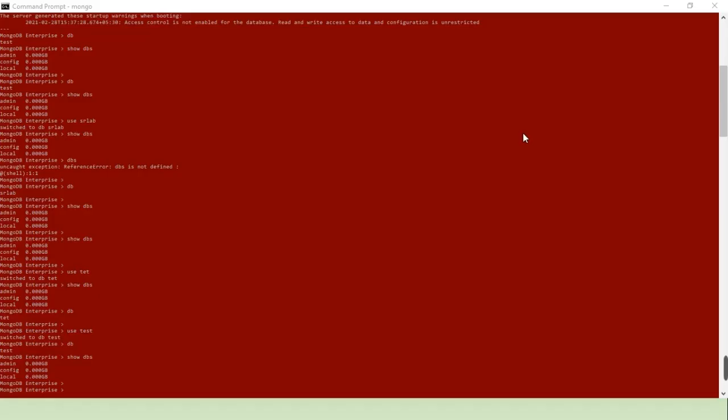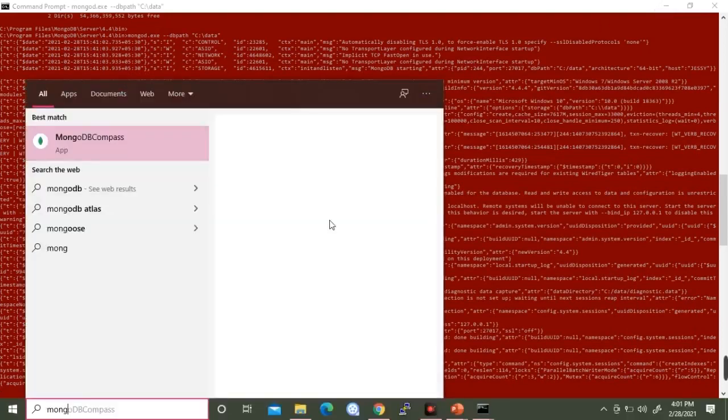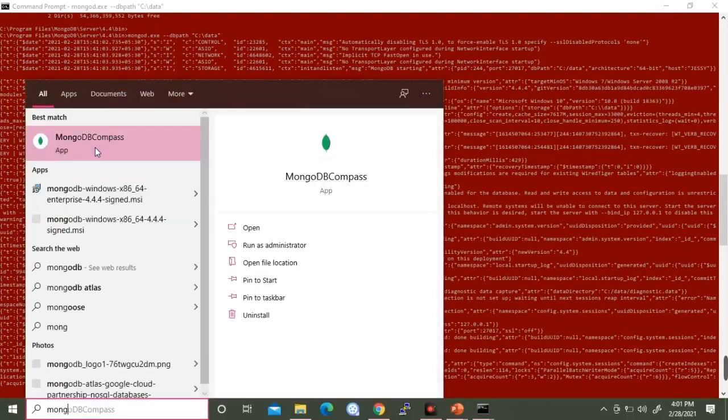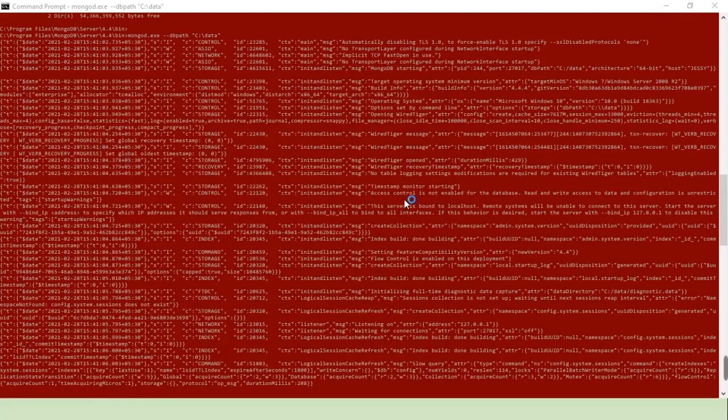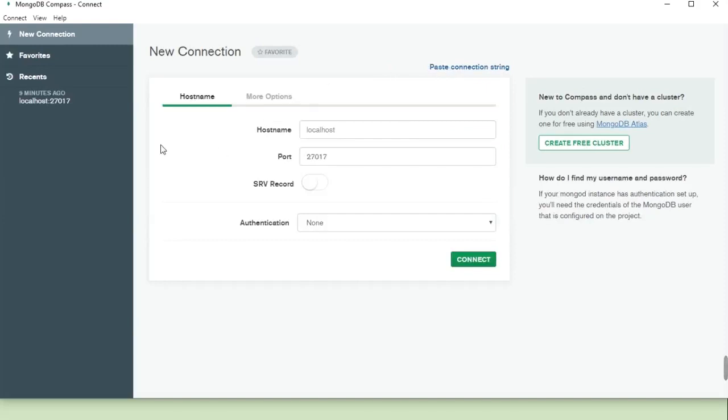Open Compass. This is a GUI editor, like a GUI tool in this MongoDB environment. Let me open MongoDB Compass. Now I'm going to connect to the DB through the host name, localhost, and port number, with authentication none.